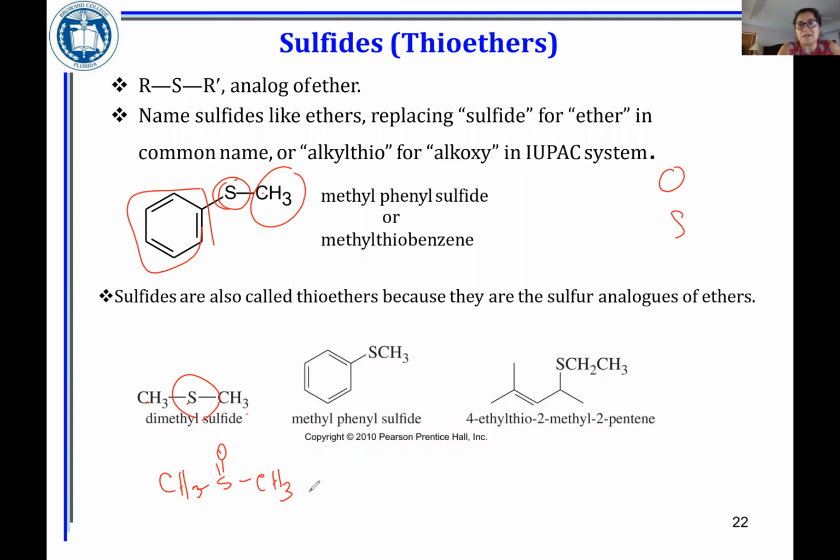Dimethyl sulfoxide, basically DMSO, is a polar aprotic solvent on its own that can be used for the SN2 type reactions. Okay, dimethyl sulfoxide, and this is a dimethyl sulfide. So basically, alkyl alkyl sulfide,